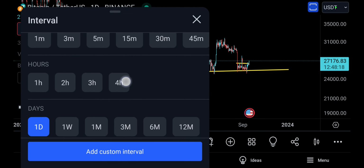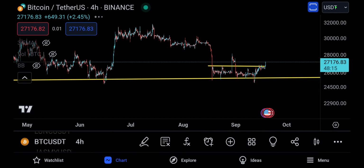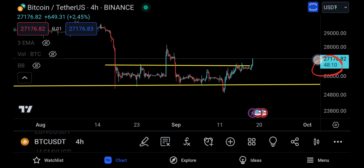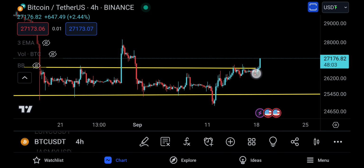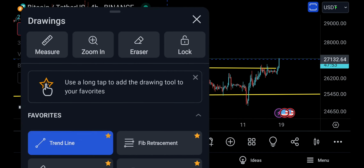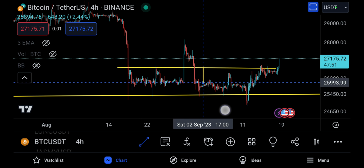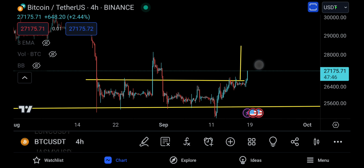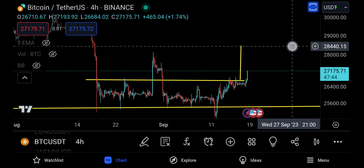And on the 4-hour time frame, there has been a sideways market right there, and this is what I'm going to talk about. Okay, so in the next 48 hours you're looking for Bitcoin to close this 4-hour candlestick pattern. Now be very careful. We could be looking at just a very quick move up and then come down quickly again. All right, because it's always important to see the closing, if there's going to be a bullish closing or not. But one thing I want to tell you is that if you do end up having a successful move up, you're looking for a technical target to go from there to there, and we might just see Bitcoin actually trying to move up to